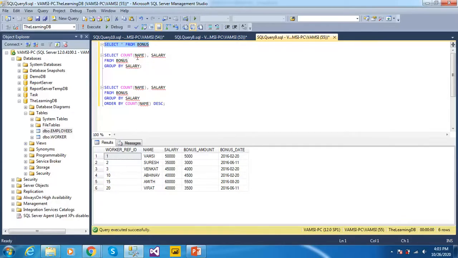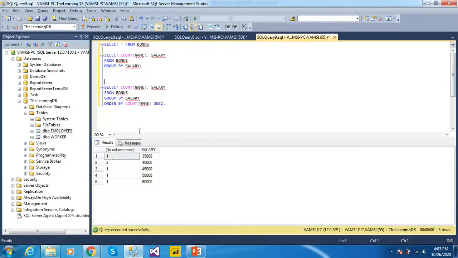Select count of the column name from the table bonus and salary from the table bonus. We are using the group by statement, group by salary. Let us execute this query.